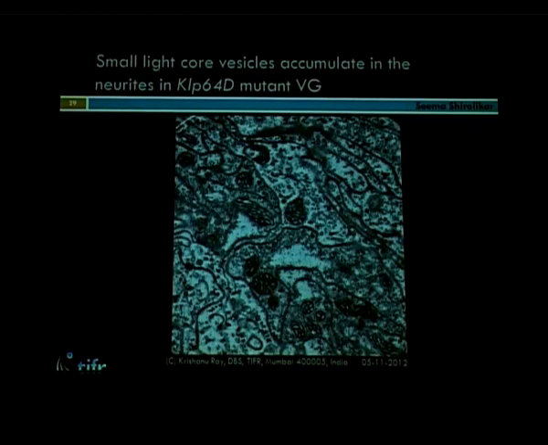But then we also found in some other axons these kind of small vesicular accumulations, which were present in many of these mutant axons, and we were surprised to find this kind of a vesicle accumulating in the axon. These were very small vesicles which are not generally known to be present in the axons. These are really tiny, about 30 nanometer vesicles.